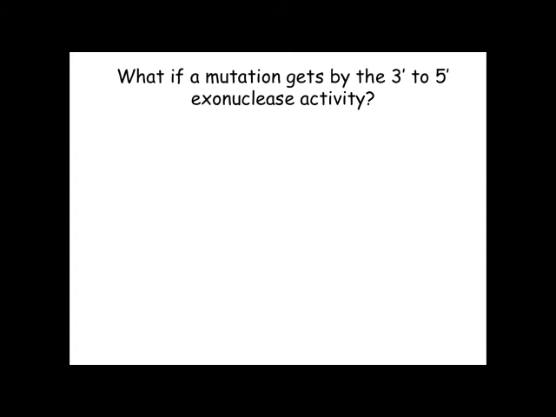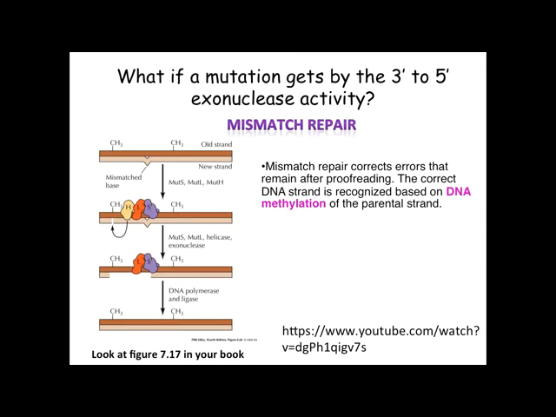Well, there is a second line of defense for mutations that are introduced by the polymerase, and that's what's called mismatch repair. So mismatch repair will correct errors that are still there after proofreading. So you can see here, this is a replicated DNA strand, and this is the new strand here, and the polymerase introduced an incorrect base. It's mismatched, there's not correct hydrogen bonding, and it did not fix it by its exonuclease activity, so the entire strand was replicated. The way that this works in prokaryotes is that